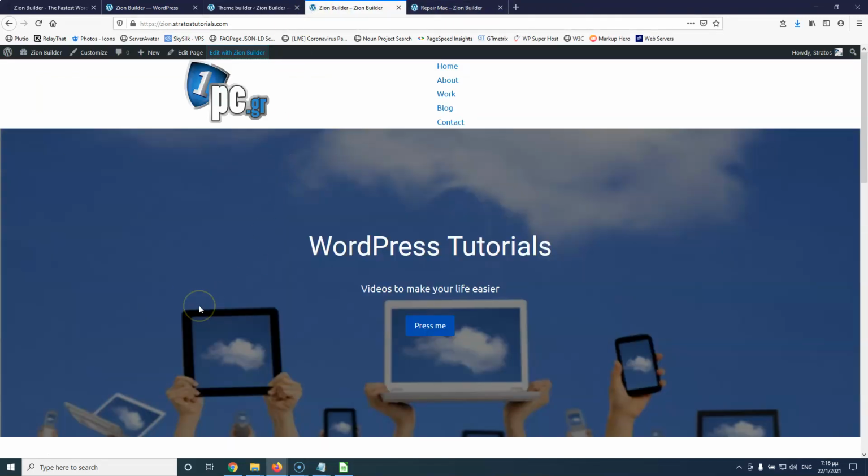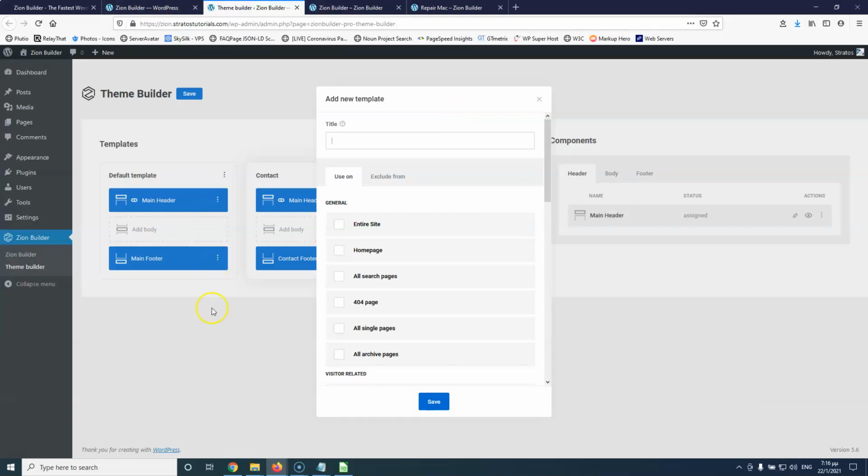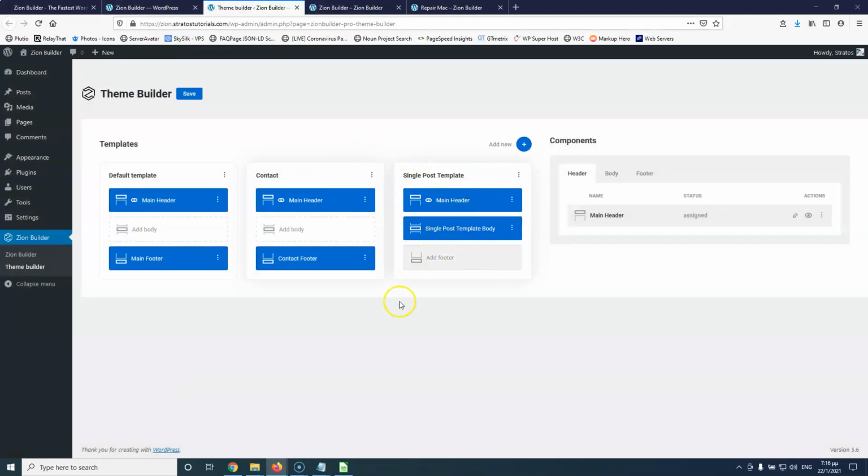So that was for the video. Again, this is a sneak peek. It's not a final version. It's a beta version, but I would like to show you what they have worked on at this moment, what the theme builder is